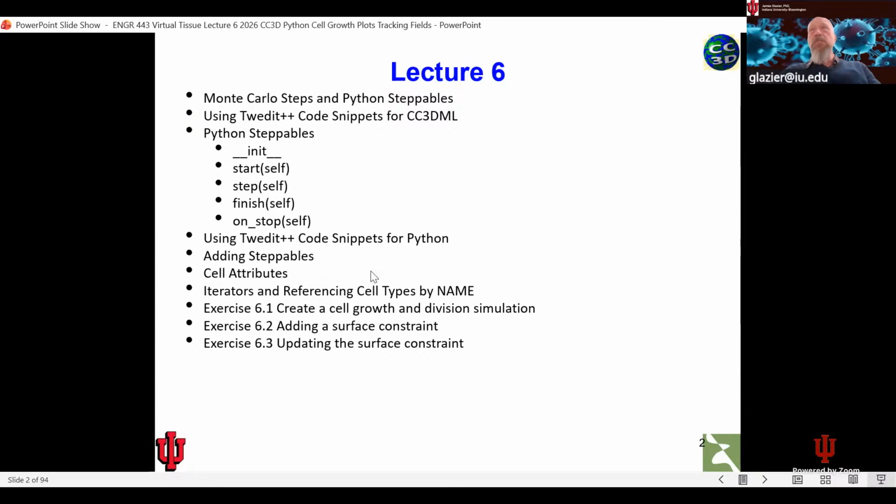Cell attributes are important. We talked about that last time. Iterators are important. We talked about that last time. And then the very first thing we did in the first class, we built this cell division simulation, but we didn't really talk about how it worked. So we'll go back and rebuild that cell growth and division simulation, and then we'll discuss how that works a bit. Look at the code,